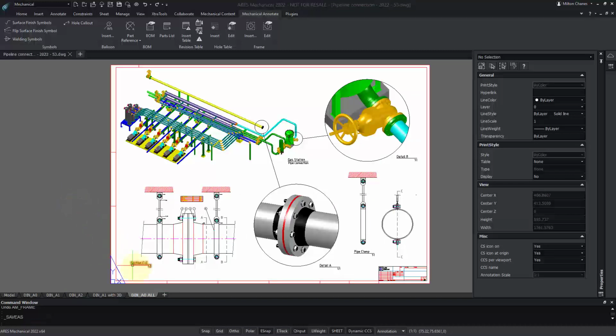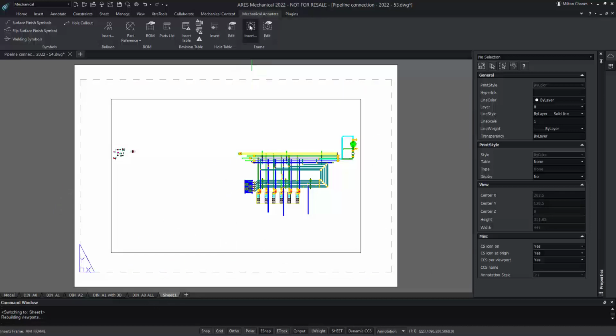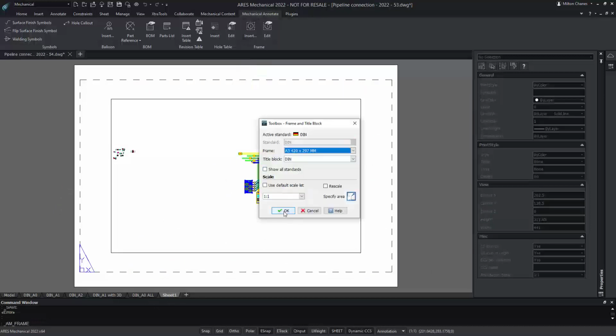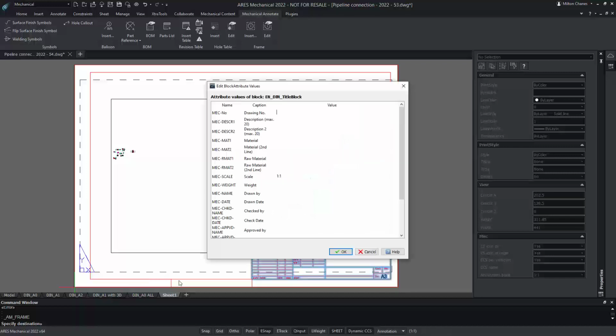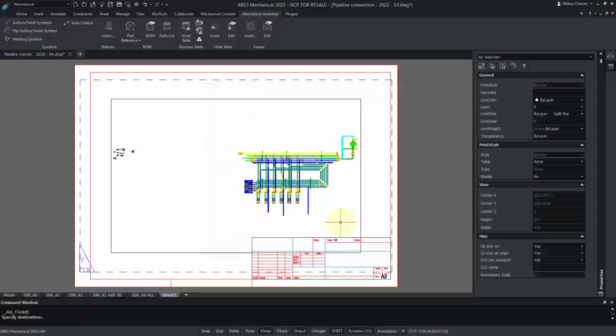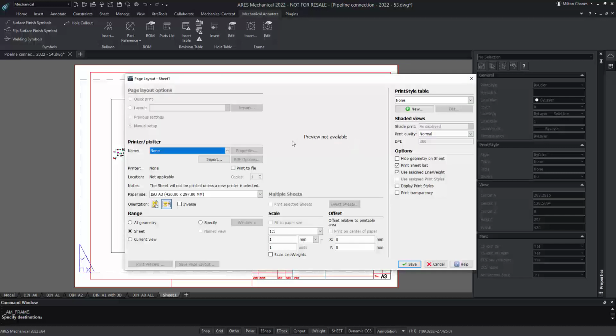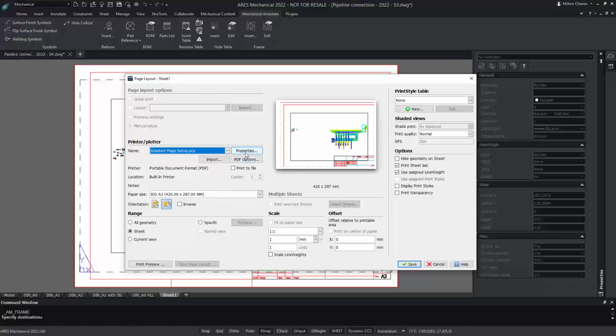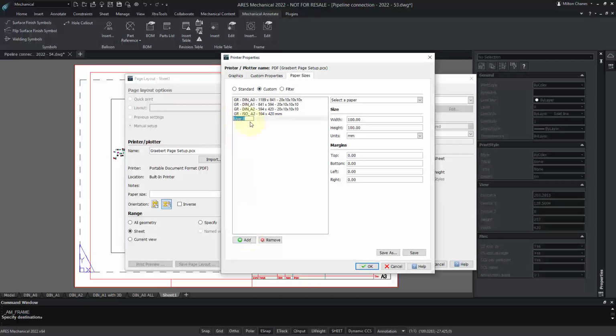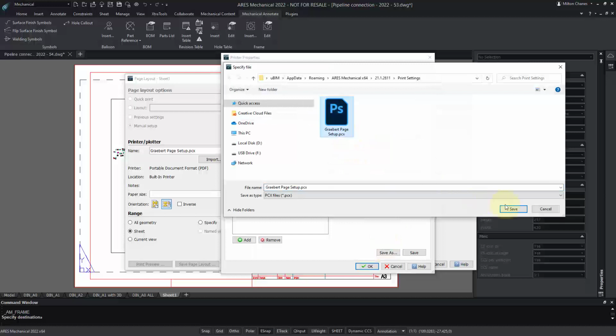the same sheet. The process will be similar, except that in Paperspace, we will only insert frames at a 1:1 scale. Here, we are really only using the frame feature to get a title block, and we will not select entities. Instead, we will insert viewports. But before that, let's configure our sheet using the Page Layout Manager. Here, we can select different options, such as the paper size or printer. Don't forget to save it as a PCX extension file.